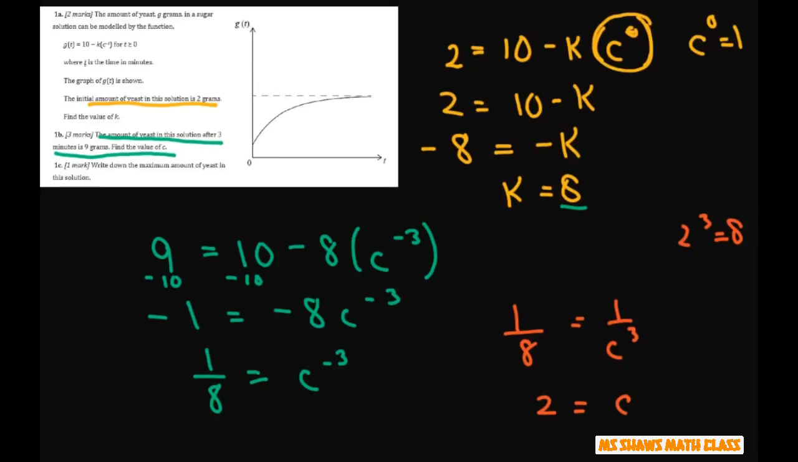Now for C, what does it say? Write down the maximum amount of yeast in this solution. So for this, you're just going to write 10 grams. So for the maximum, you would set this as